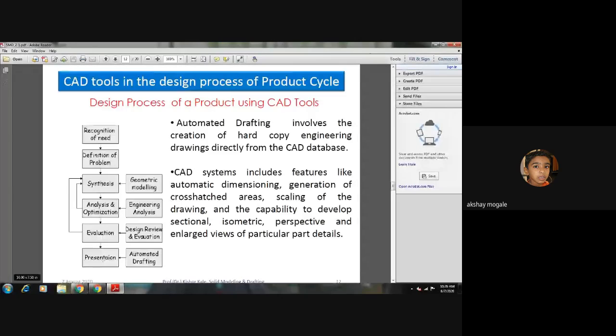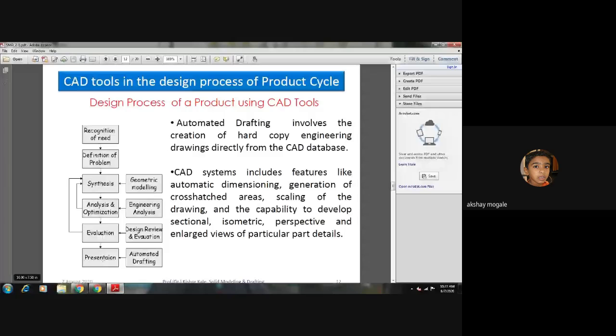So there is no need for automatic drafting, or to draw your drawings on paper, no need for pen and pencil. Nowadays, whatever model you have created is used directly for machining purposes.